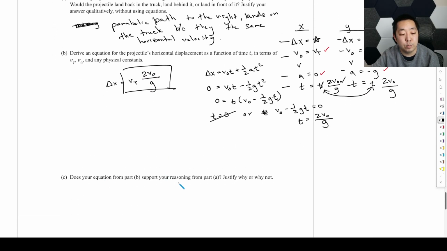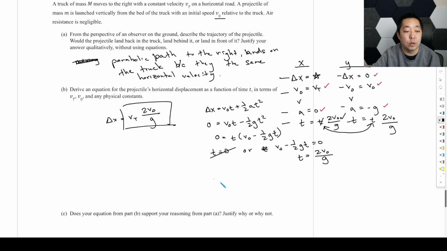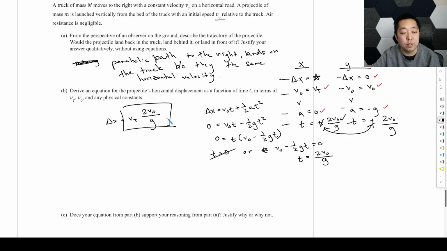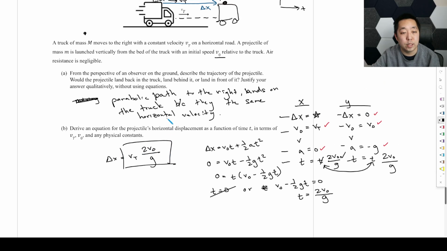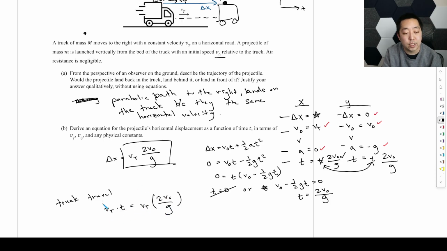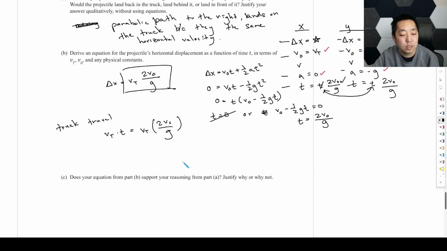Does your equation from part B support your reasoning from part A? Okay, justify why or why not. So is he going to travel the same distance in the same amount of time? Well, let's think about the truck. The truck will travel velocity truck times the time, and that time is going to be here. It's Vt times 2V0 over g. So yes, because the truck will travel the same horizontal distance in the same amount of time, in that time, then yes,